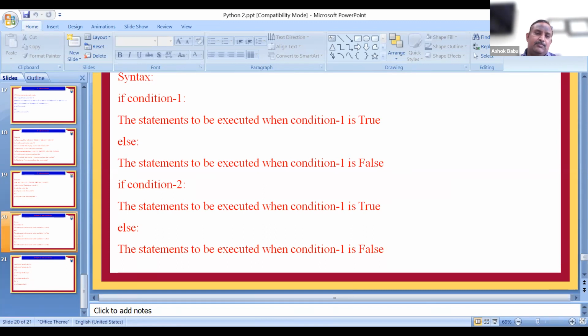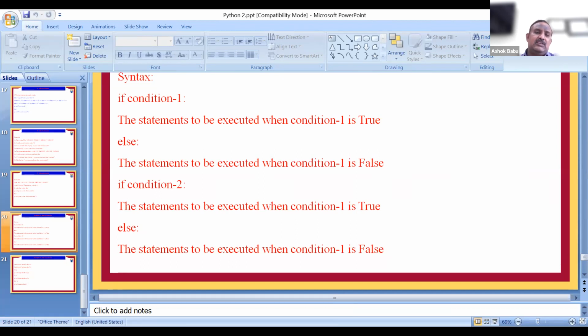So it is the program to compare the I and j by using multiple if statements. So here we have multiple if statements. The first if is if I greater than j, the second if is if j greater than I, and the third if is if I is equal to j. So there are three if conditions. Because there are three if conditions, the conditions are known as the multiple if condition.